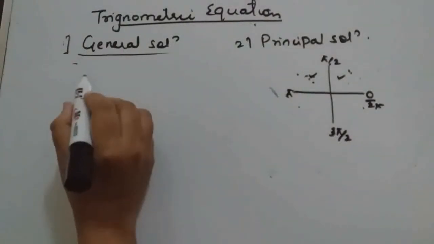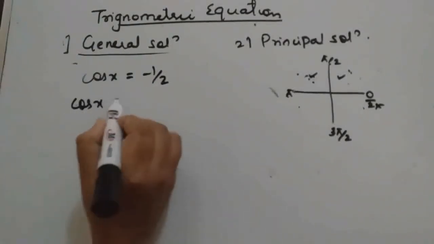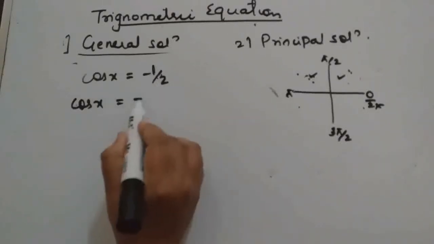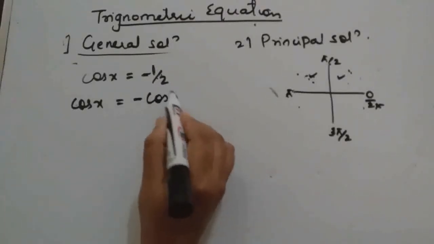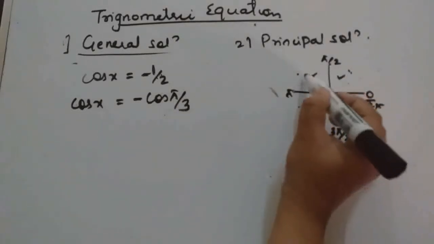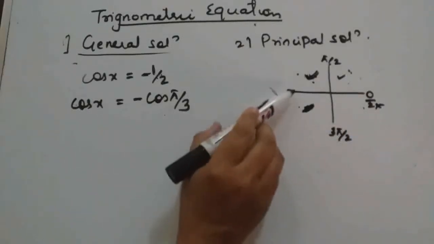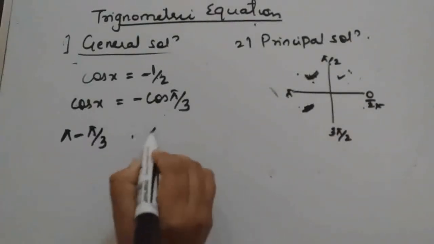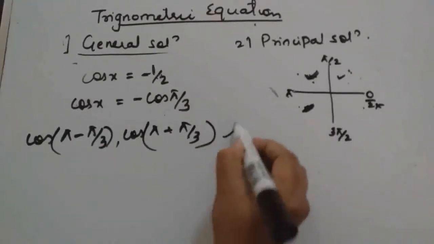for negative values. Suppose cos x is equal to minus half. We know cos x is minus half, so for what values of x is cos minus half? Half only, minus we will consider here. So cos 60, that is pi by 3, isn't it? We have to check at which quadrants cos is negative: second quadrant and third quadrant. So how will we get the second quadrant value? Pi minus and pi plus. So pi minus pi by 3 and pi plus pi by 3. That will give the same value.